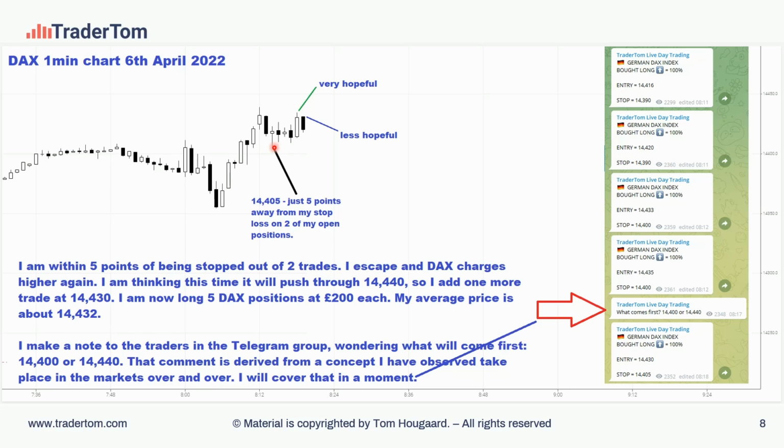At this little correction here, which is a very minor correction, I am within 5 points of being stopped out of 2 trades. Those are the ones that you're seeing here and here. But I luckily escape, and the DAX charges higher again. So at this point here, I'm very hopeful, only to be somewhat distressed that the market again is selling off on this double top. Every position is £200 a point, and my average price is